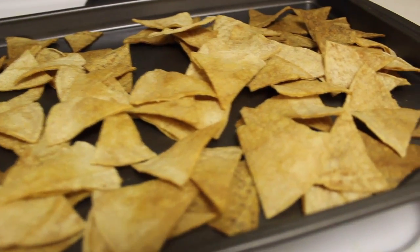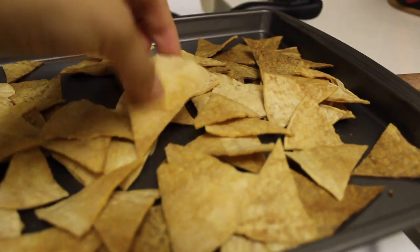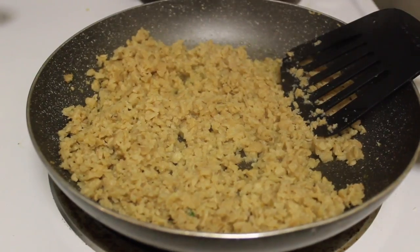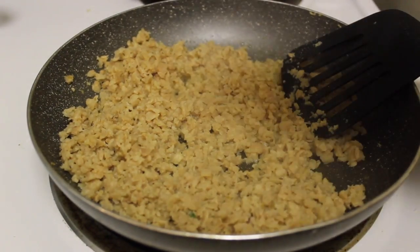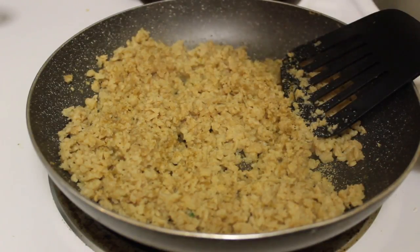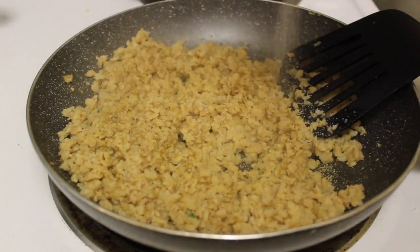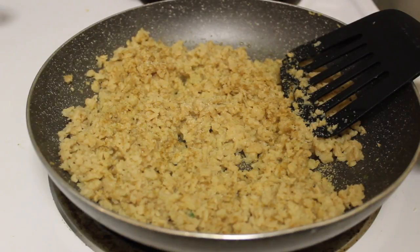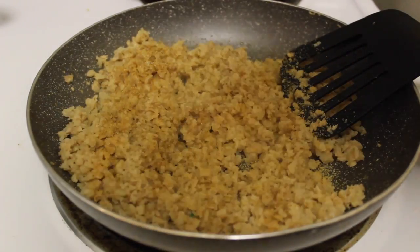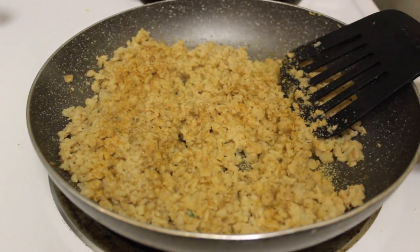And now the tortilla chips are ready. I used some hydrated TVP and put it over some olive oil, and I added cumin, garlic powder, onion powder, paprika, Lawry's seasoned salt, pepper,